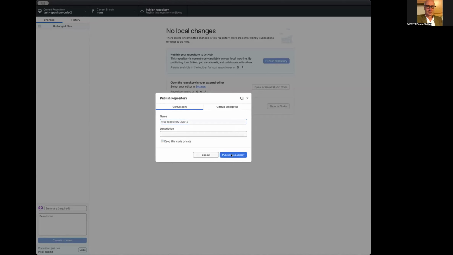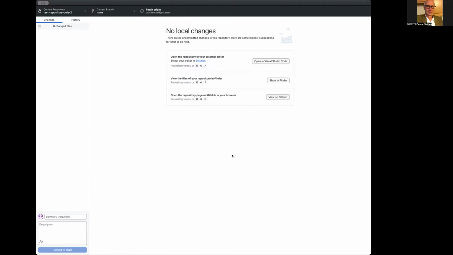Then I'm going to open the repository page on GitHub. Okay. And it gives me this. Now, the repository isn't actually usable until there is a